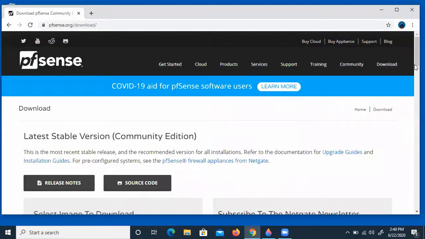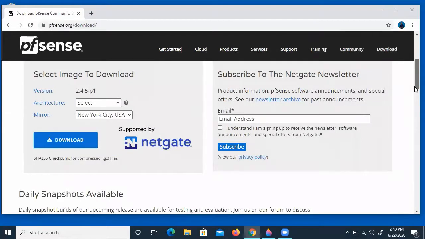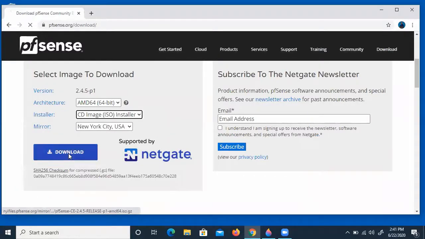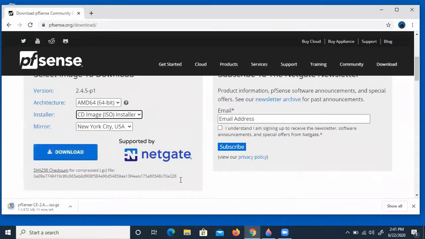I'm going to scroll down and select the 64-bit version of the operating system. And then I will select the USB, or the CD, or the embedded, the nano BSD. I want to go with the CD image ISO installer. Click download. Now, if you don't have the ability to do this, you probably want to also download